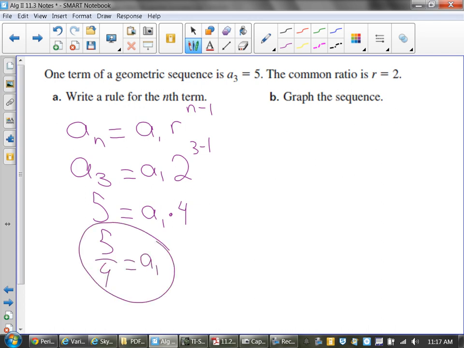Now you know your first term, and you're given your r value, and you put it back together. Wait, what? How do you graph this? Don't worry about the graphing. We've done this before. This is graphing